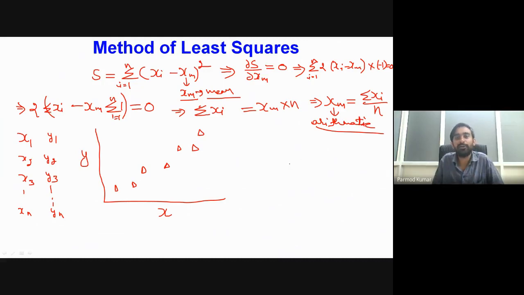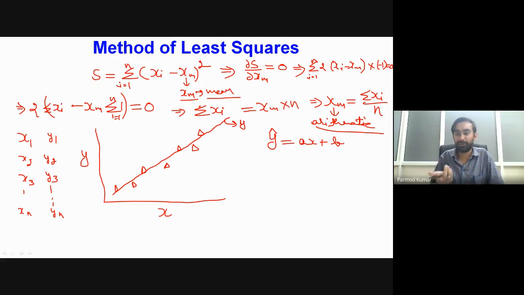So now let us first try to fit the linear fit. If we consider the linear variation of x and y, I can clearly write y as nothing but ax plus b. Okay, so we will have a straight line which will fit our data set. So let me draw a straight line over here. This line is representing, and I am writing this as y tilde in order to differentiate between the observed value and the value calculated from this linear fit. So this line is nothing but y tilde equal to ax plus b.